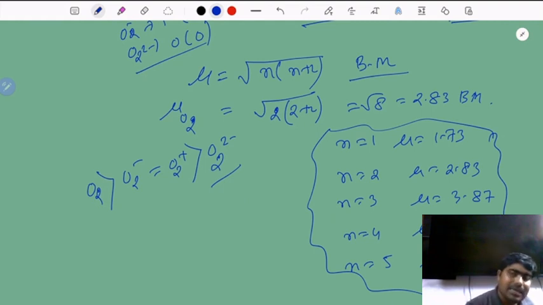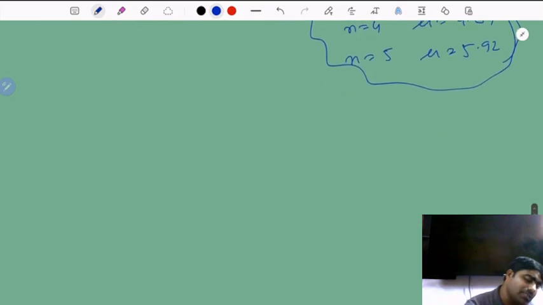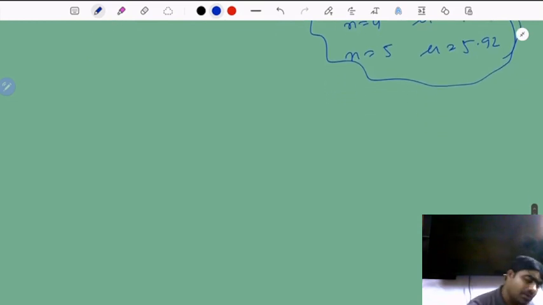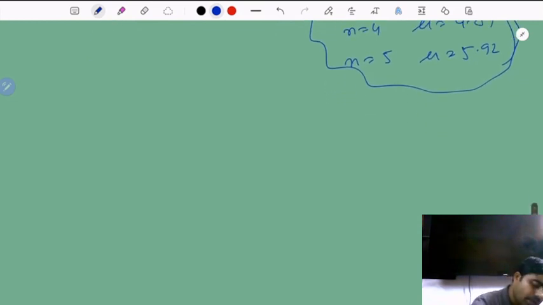And there is another important question that has come in the last exam, that is ionization potential of a molecule. Okay, you know ionization potential. What is the meaning of ionization potential? Ionization potential means